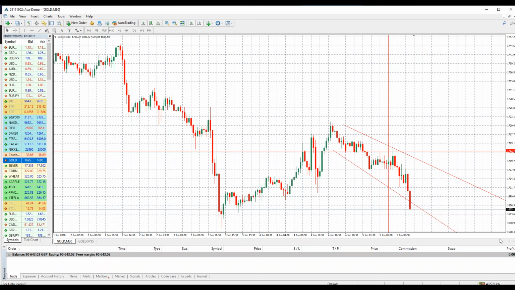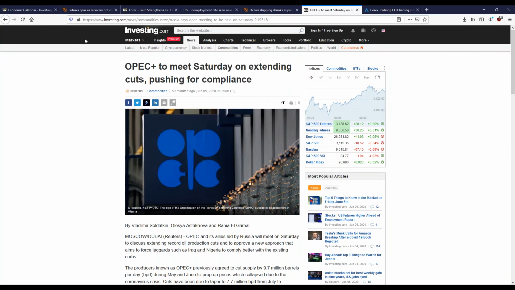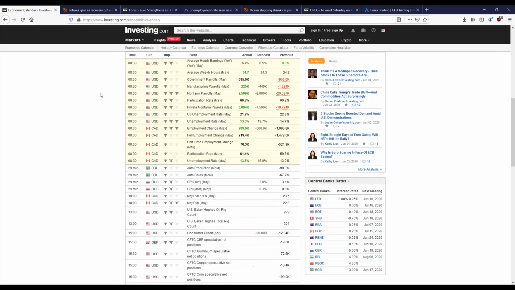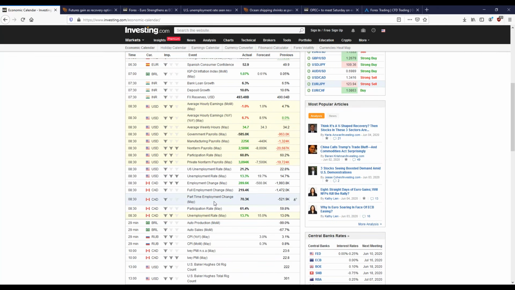Okay, so we see gold predictably dropping, very easy to predict, and probably those numbers just came in. Let's take a look at what happened with the economic numbers. Okay, here we are. Look at all that green, everybody. There's a couple that were bad. Average hourly earnings didn't go up as much as expected. So the hourly pay didn't improve as much as hoped, but non-farm payrolls were expected to go down by 8 million. Look, jobs went up. The US economy gained 2.5 million jobs.